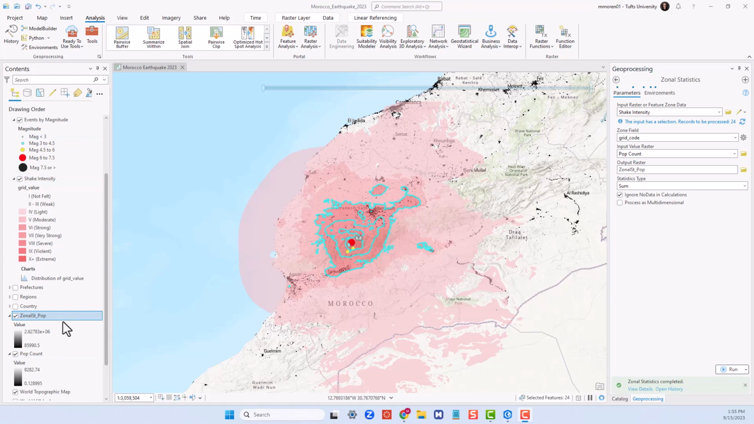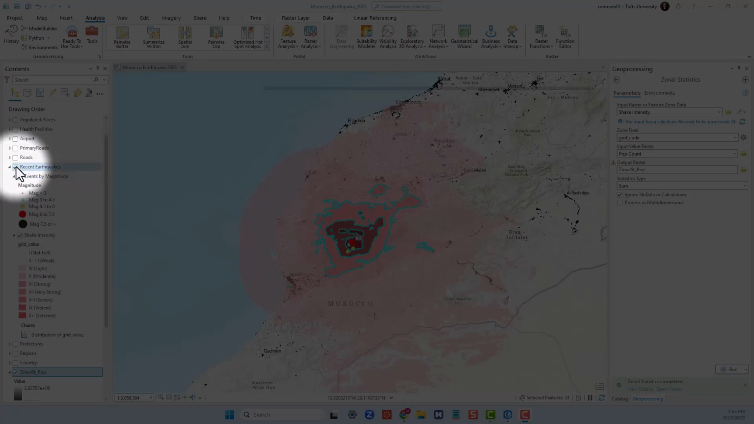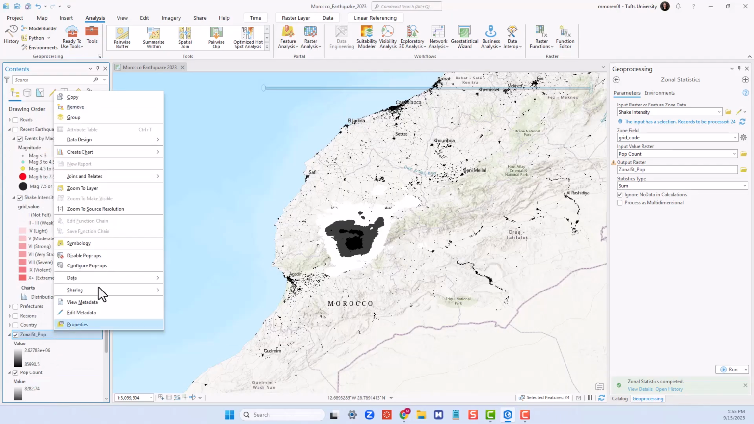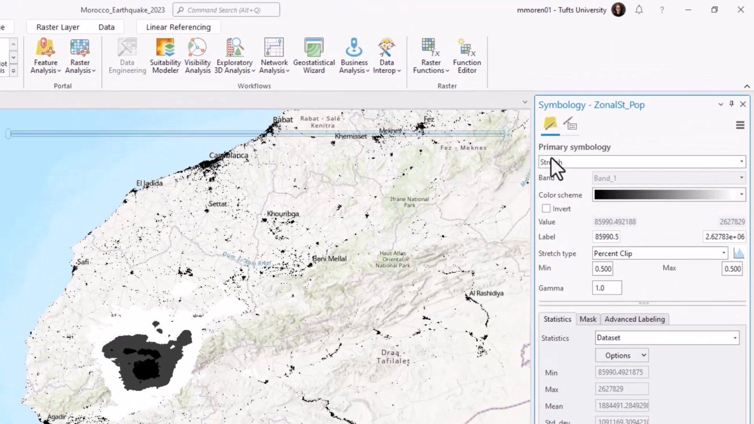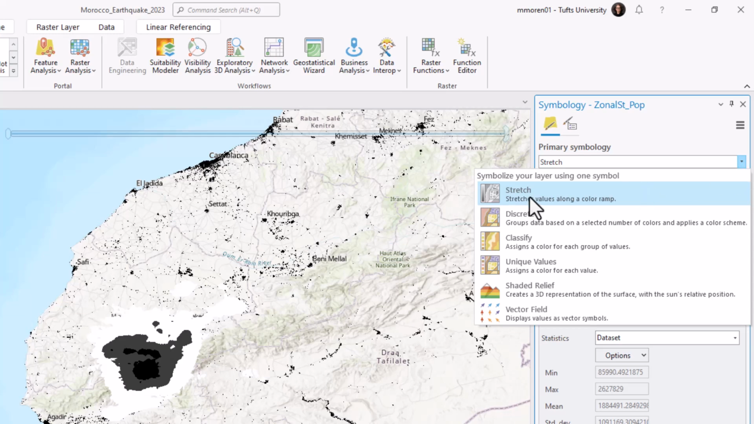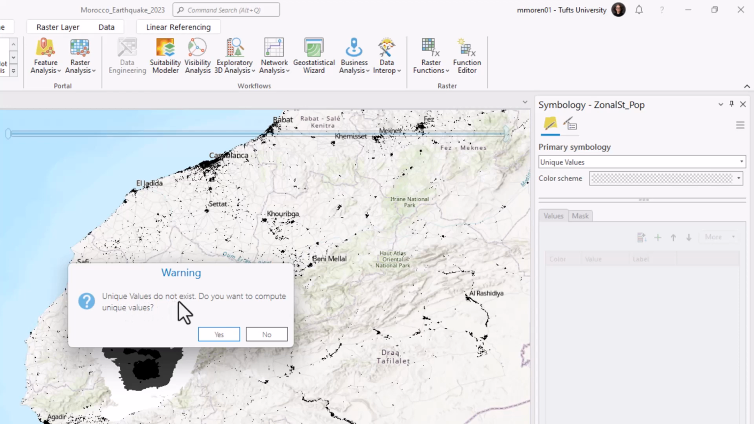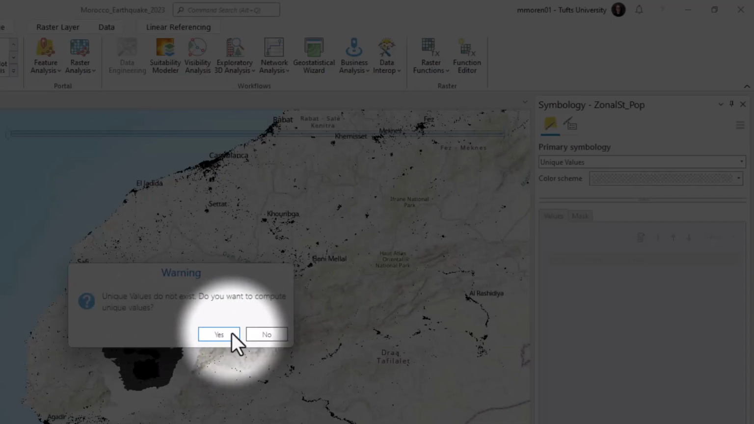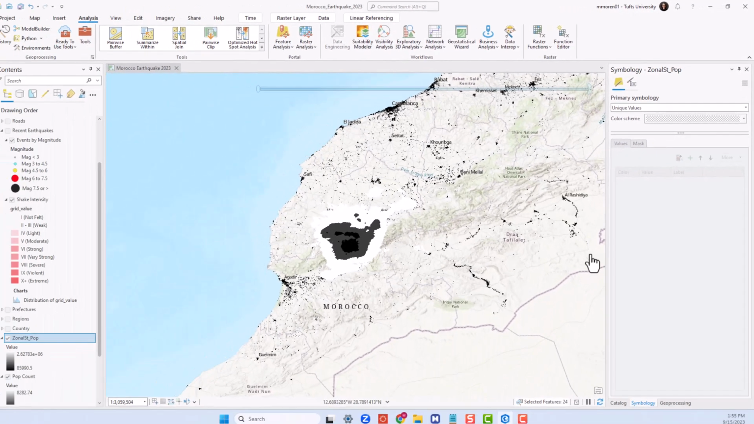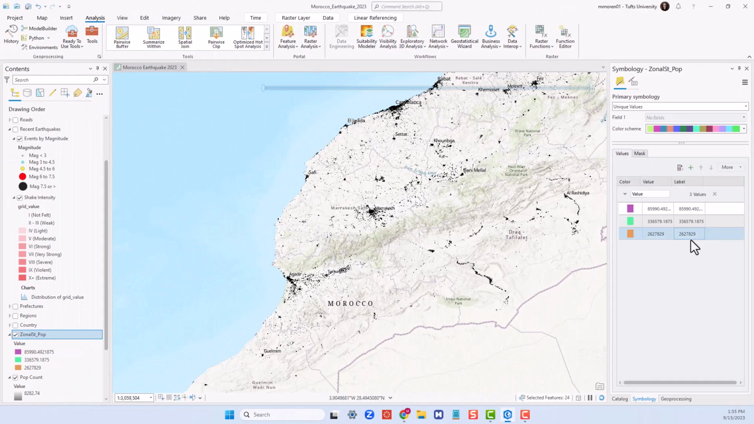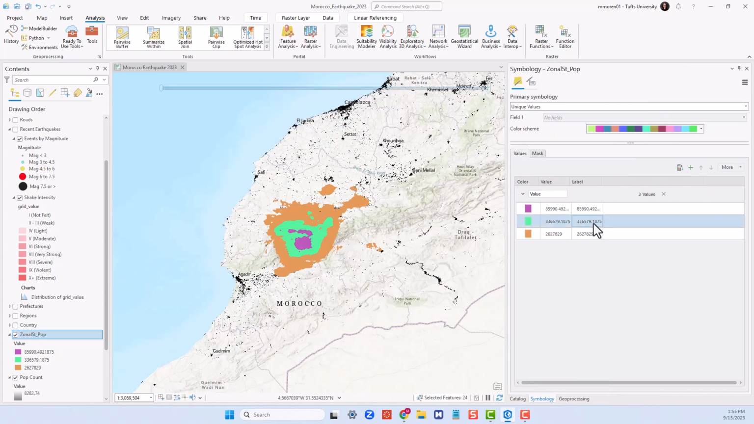Here I can see the new layer, and the form of classification that I can see right now, I will turn off this layer. If you go to symbology, you will see that the way it's being classified is by using the primary symbology stretch. I want unique values. So it says unique values do not exist. So I want to compute the unique values. So I say yes. And then the software will compute those unique values,